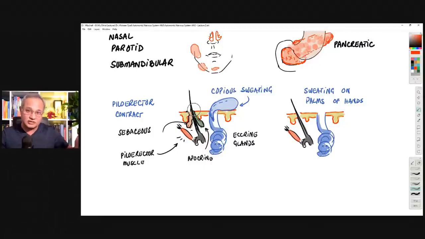There is another concept here as well, and that is when we puff up in cold. It is not to scare someone. It is really that we want to trap more air, to create a layer of air around us, trapped in those hairs that have stood up, to give us a little more comfort, and temperature dissipation is reduced. So question: sympathetic, what would happen to the hair? They would stand up. How would they stand up? Because of the piloerector muscle that would contract.